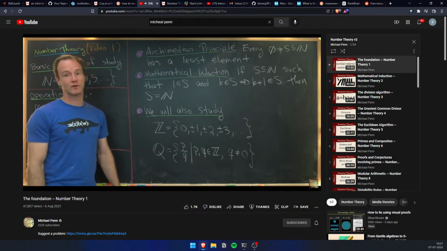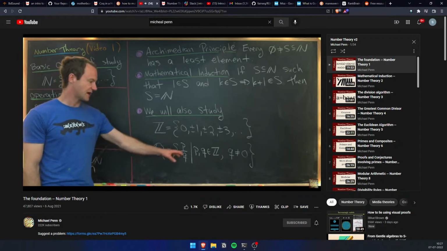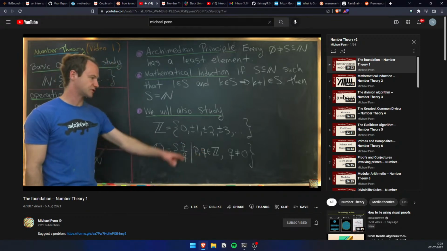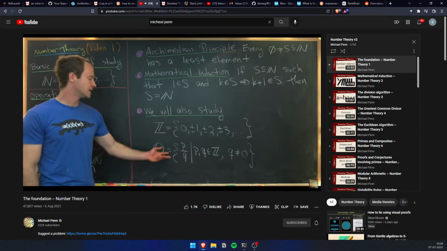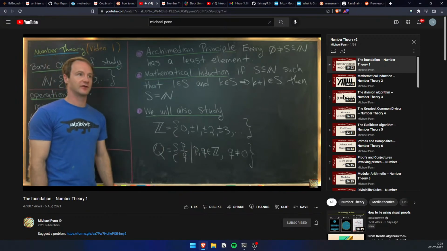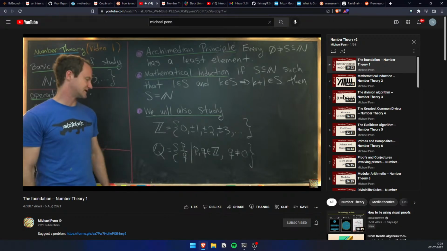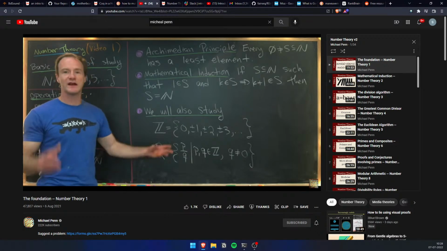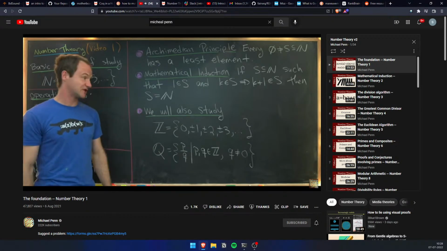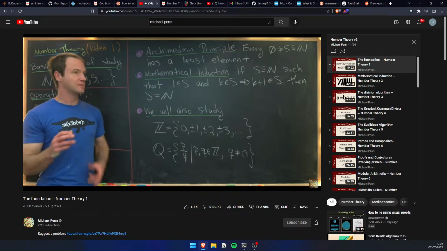We'll also look at rational numbers. So that'll be all ratios of integers where the denominator is not 0. So we've got like a half, a third, minus 99 over 54,000. You know, there are lots of examples of rational numbers. Okay, so now that we've got these well-known objects and facts out of the way, let's jump into our main